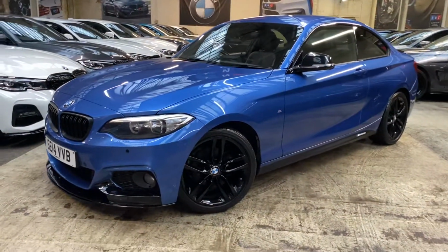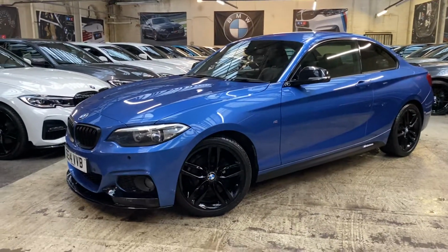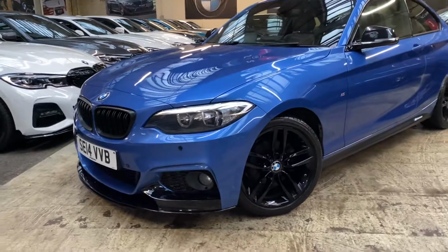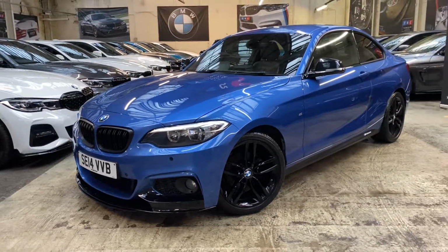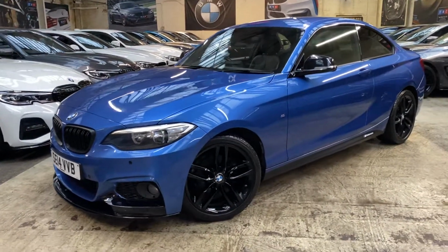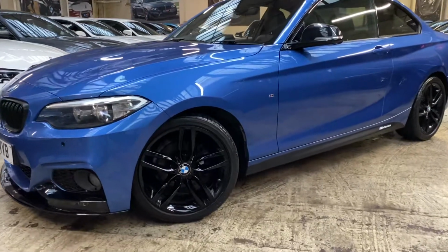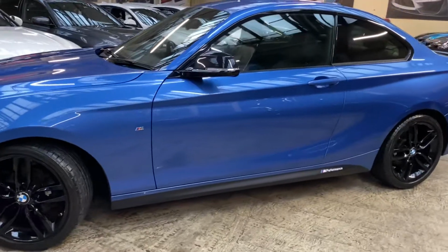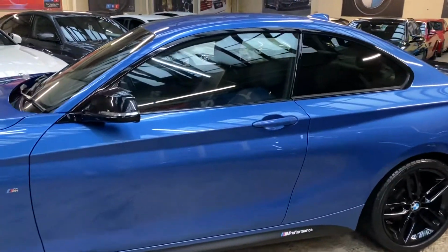As you can see, the vehicle is presented in Estoril Blue, and comes with a full Your Next Car M Performance body styling kit. At the front of the car you can see the gloss black front splitter and the satin kidney grilles. Down the side, we've had the 18-inch M Sport alloys professionally refurbished in gloss black. It also comes with the satin side vinyls and the YNC M Performance decals, as well as the privacy glass